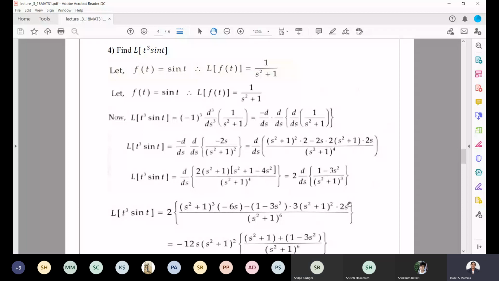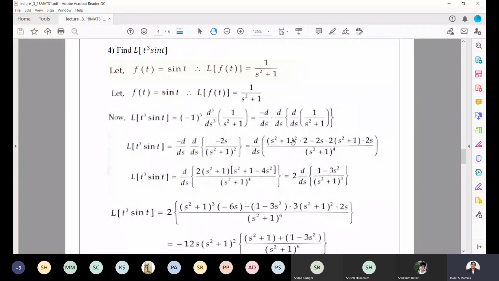Yes, ma'am. Okay. So now what do we get over here? Simplify this. On simplifying, see here, s square plus 1 and s square plus 1 is a common term and 2 is also a common term. So if you take that 2 into s square plus 1, whatever is remaining, one s square plus 1 term will remain over here because you will be taking only one s square plus 1.